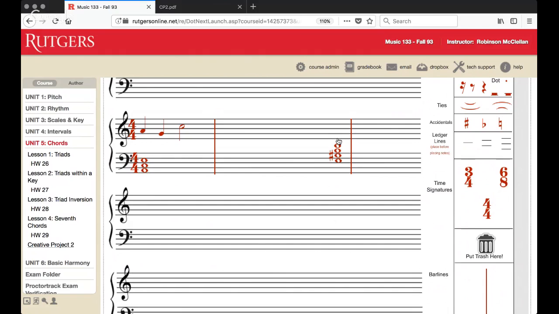Hang on. Oh, I think I needed to place my ledger line first. Let's just pretend I placed it first. I'm just going to move my whole chord. Wait a minute, what did I do wrong? Anyway,